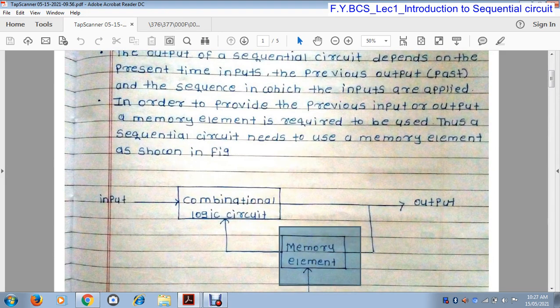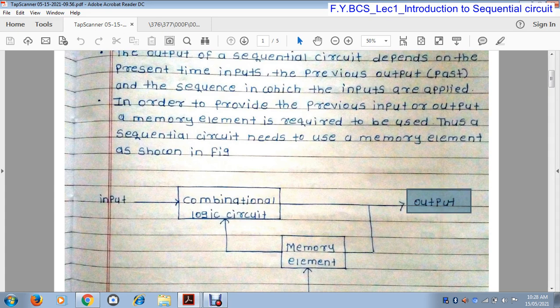In case of combinational circuit, the outputs depend only on input, but in case of sequential circuit the output depends on input as well as past output which is stored in a memory element. Whenever the new output is generated, the previous output is stored in the memory element.